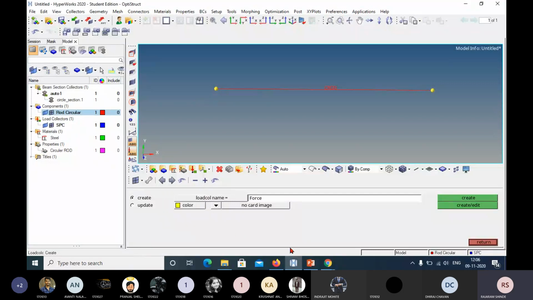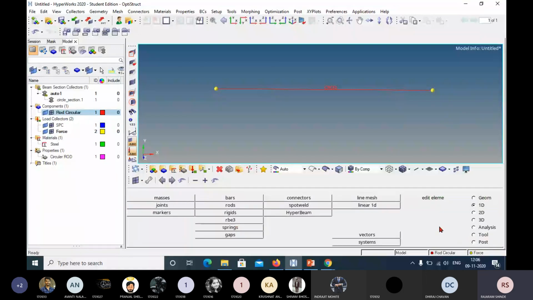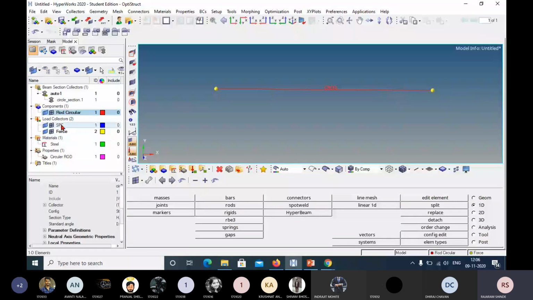I will use yellow color. Now it has no card image. I will just create one more load collector, and it is added here, that is force. First is SPC and second is force.